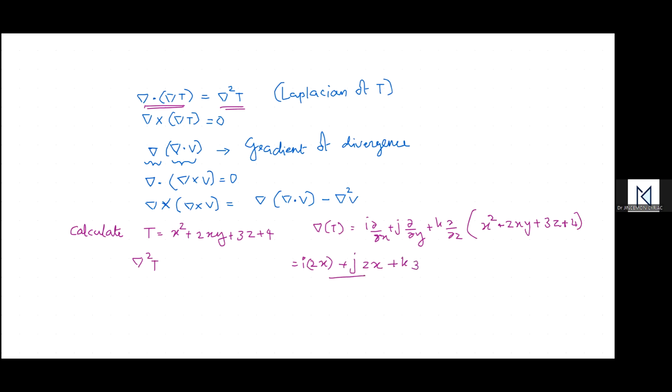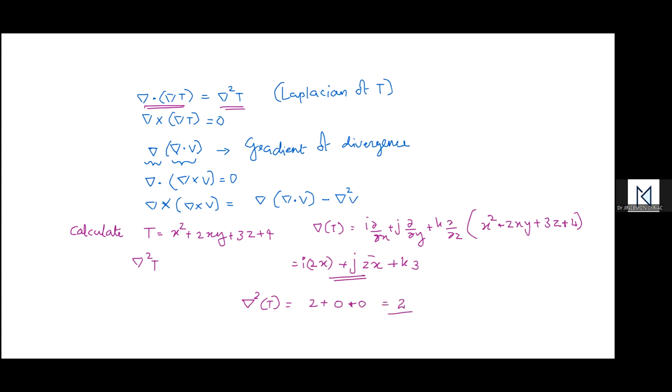Now we want to again take del square of t. Then take the del of this equation, that's equal to i into dou by dou x of 2x, which is equal to 2, plus there is no term with respect to y, that means the next term is equal to 0, and also the next term with respect to z also becomes 0. So del square of t is equal to